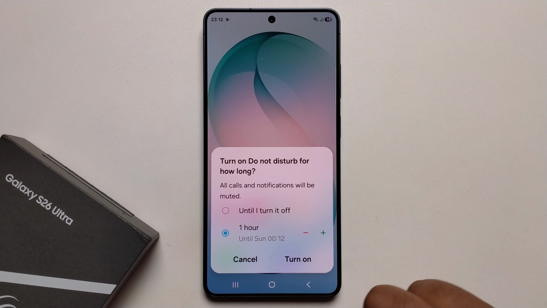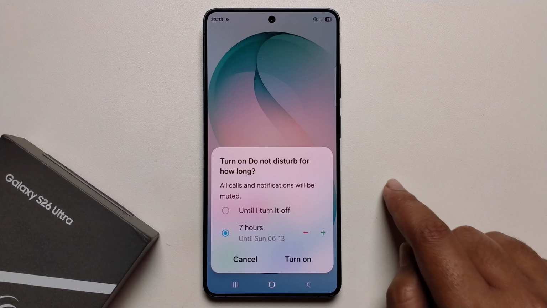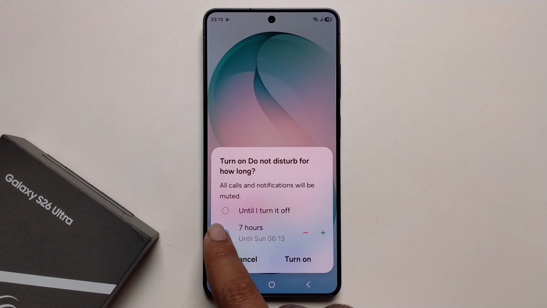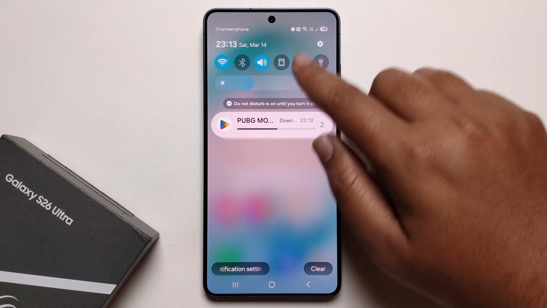range. Okay, or select until I turn it off. Press on to turn on. If you don't get